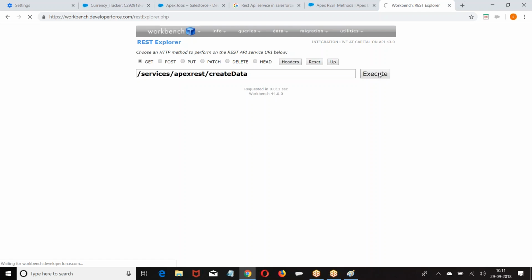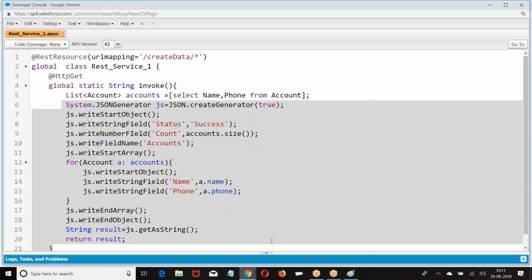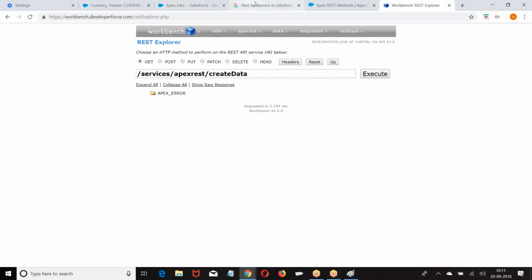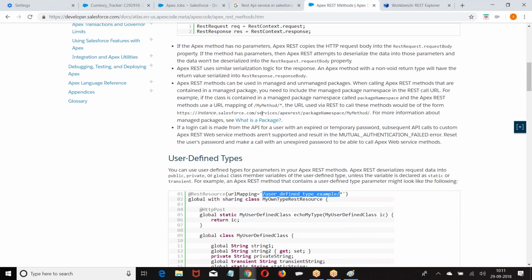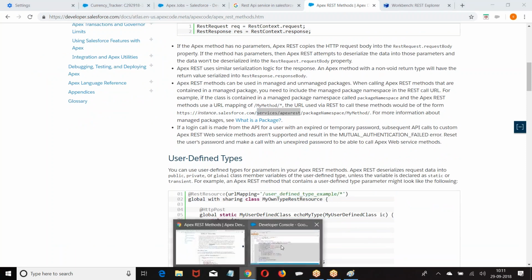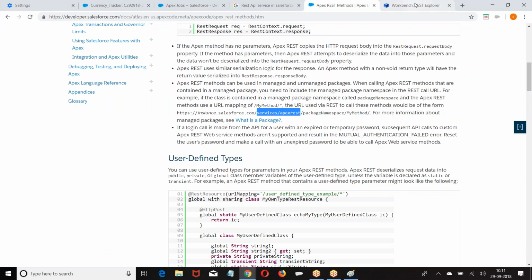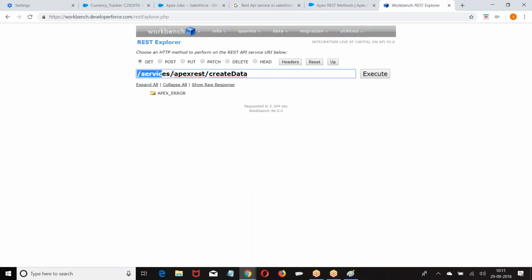Services slash apexrest slash create data. What was the error here? What is the name of the service I gave? Create data. Okay. Whether we have services slash apexrest slash. Once again cross check. What is the URL? I gave services slash apex slash.